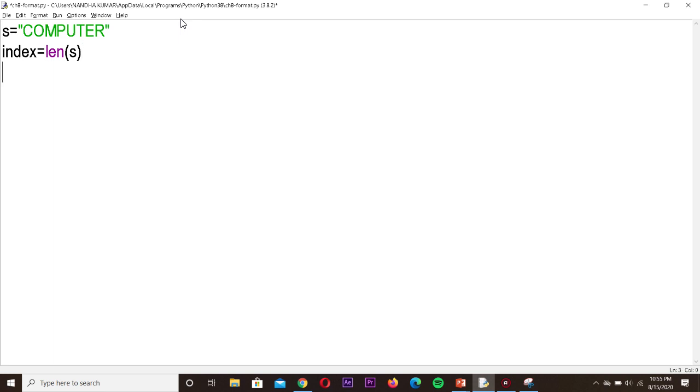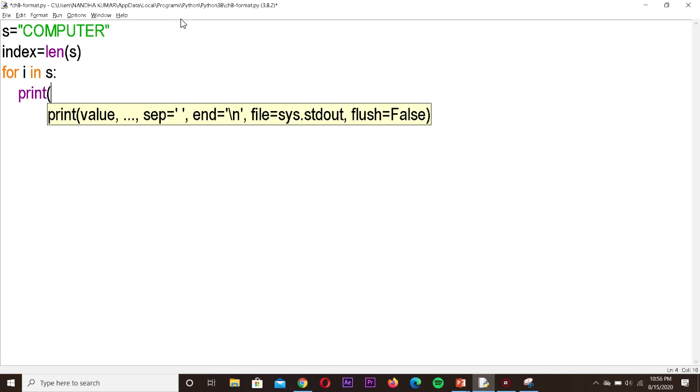For i in, we are not going to use the range function, but we are going to use the string itself. So for i in s colon. Next we want to make use of the slicing operator, so print, then the string variable s, and we have to write the starting index colon ending index.